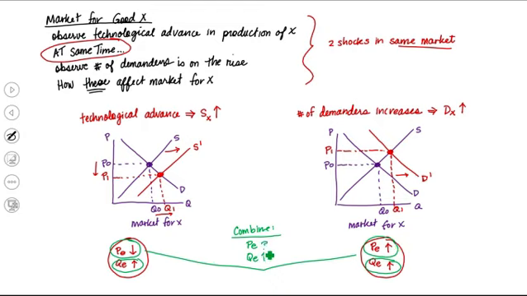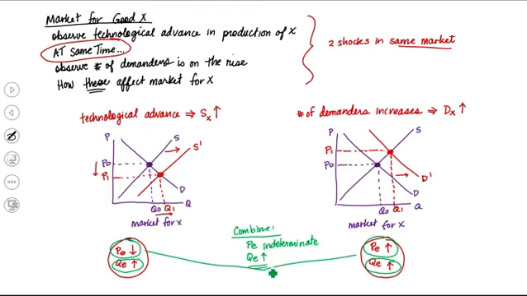So I'm simply going to have to say, I don't know. A better way of saying that, though, is what you're going to see me say, is that this is indeterminate. In other words, we don't know what's happening to price. So the effect on price from these two shocks together is indeterminate, but we know with certainty that quantity is